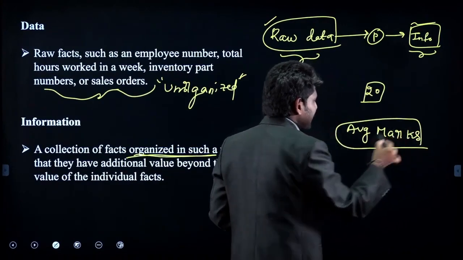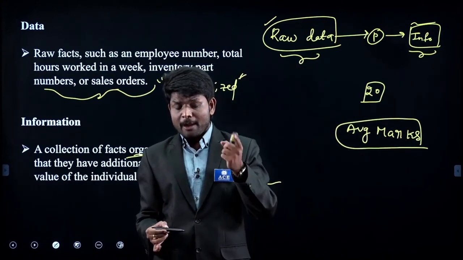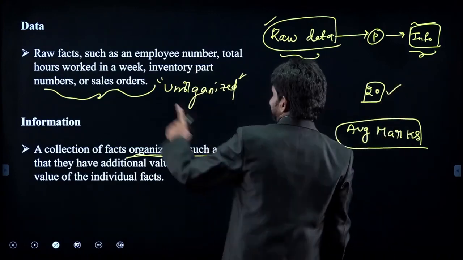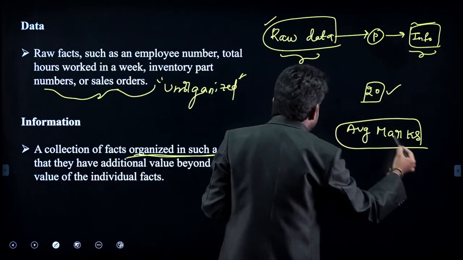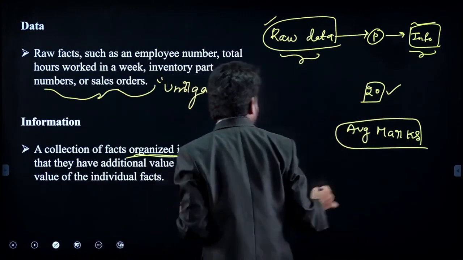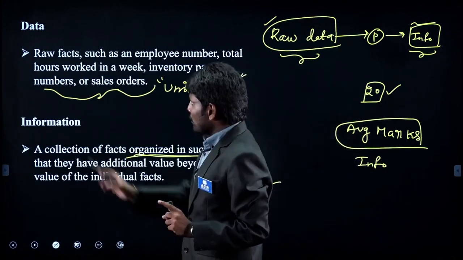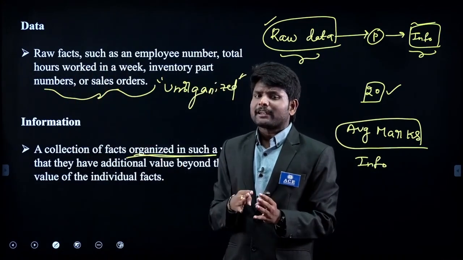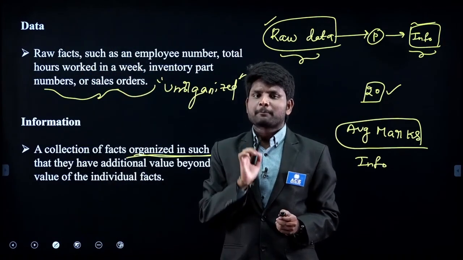If the average is high, you can consider the faculty is performing well. I hope my point is clear. When you collect marks of the 20 students, it is data or raw facts. But when you calculate the average or aggregate of the information, then it will become information. Fine? So, collecting raw facts doesn't make it information. If you can derive some useful data out of that raw facts, then you can call that data as information. Hope this point is clear for you.